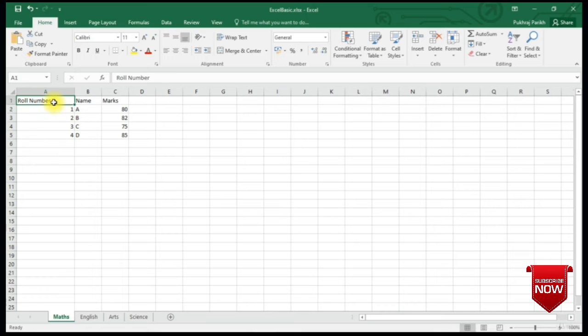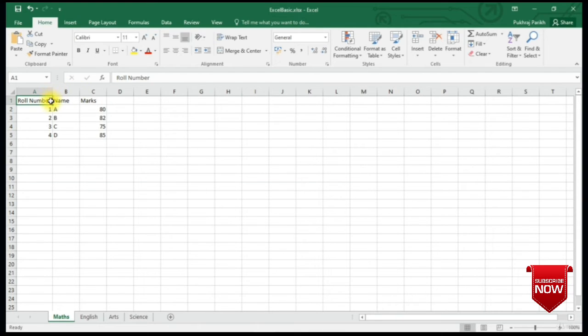However, when we do it manually, we sometimes give extra space or less space at the end. Excel can help us here. If you go again to the right border of this column and hover your mouse over it, you can see the mouse changing. In this position, we can double click on this border. Excel will automatically set the column width to the width required to display the complete text in all the cells of that column. You can see that Excel has set the width so that roll number text is now visible to us.